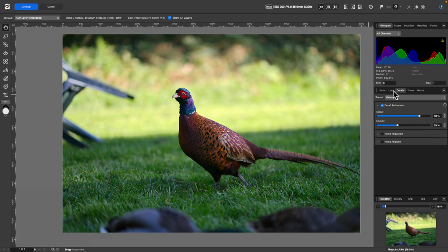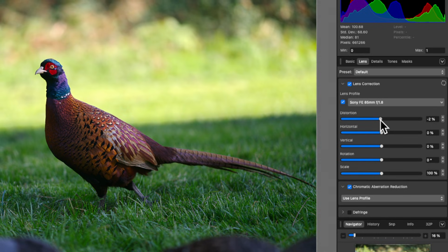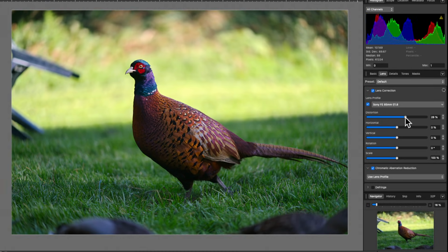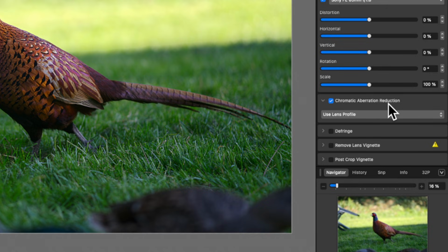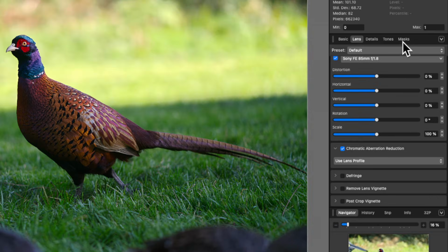I'll just run through a couple more of these tabs. So you've got lens here, which adds lens correction. You see there's the lens I took this photo on, 85mm f1.8. And if I uncheck it, you can see it slightly changes. So it adds that correction. If yours doesn't show up, you can just go ahead and do it manually here. So if your subject is slightly warped because you took it on a certain kind of lens, you can go ahead and make corrections like that. Okay, I'll just press reset. And underneath you have a few more: chromatic aberration, defringe, remove lens vignette. So that darker area around the side, if you go ahead and click that, it will brighten it slightly, as you can see. And we'll head on over to masks.